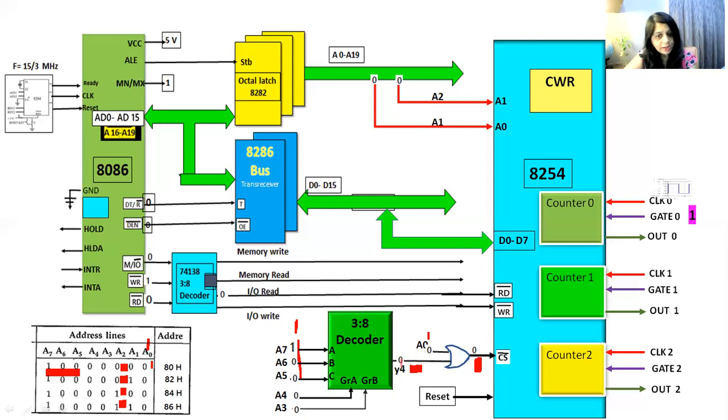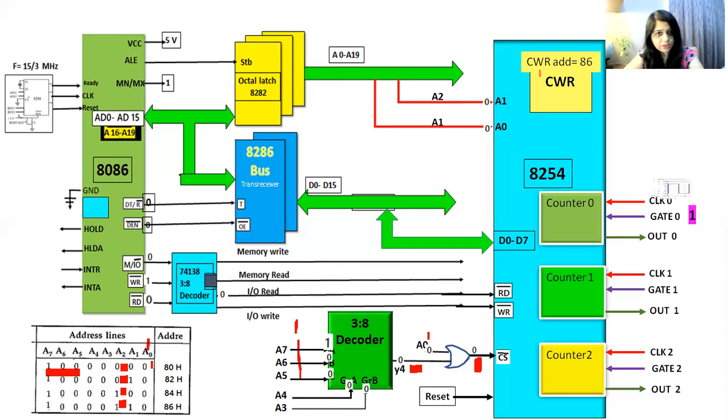Let's assume that in place of Y4, if here we make a connection of Y0, then in that case, A5, A6 and A7 should be 0, 0, 0. In this case, if we make a connection of Y7 to the OR gate, then A5, A6 and A7 should be 1, 1 and 1, like this. So this logic will be different. It depends what you are connecting and how you want to develop a logic. So what happens, the addresses will be like this and data will flow like this.